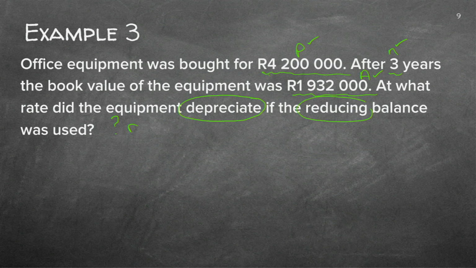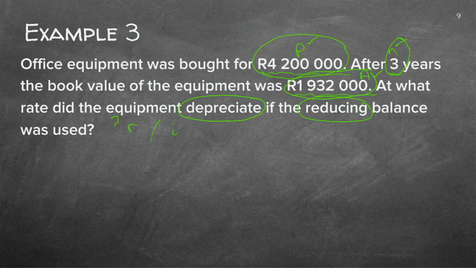Reducing balance. The minute I write down, now, I'm not going to do it because there's not a lot of space. There's my P. There's my N. I'm just going to write down my I. Oh, I can't write my I. That was my question, R or I is my question. The other thing I could, there, the A. So there are the 3 circles with my 3 different pieces of information.